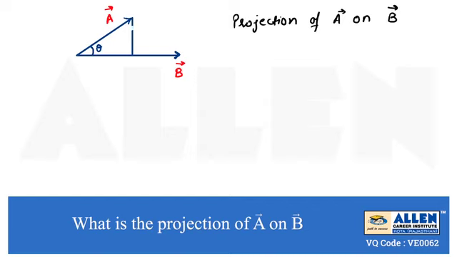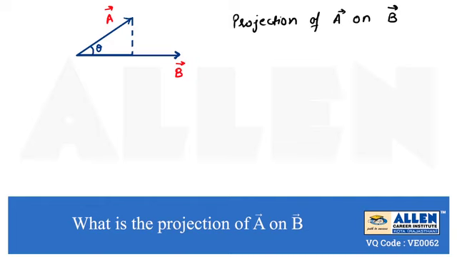So here this will indicate the perpendicular which is drawn from the head of A vector on another vector, that is B vector. So the component or projection indicated in this figure will be like this. So this section will represent the component or projection of a vector on another vector. That is the base of this triangle.